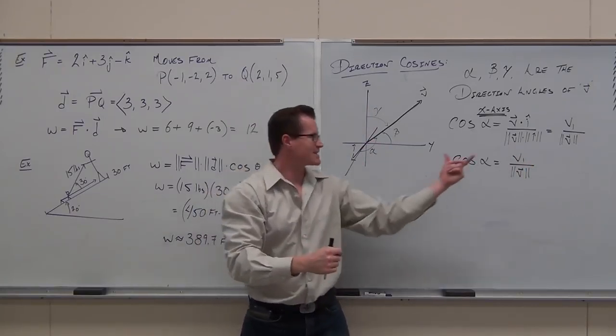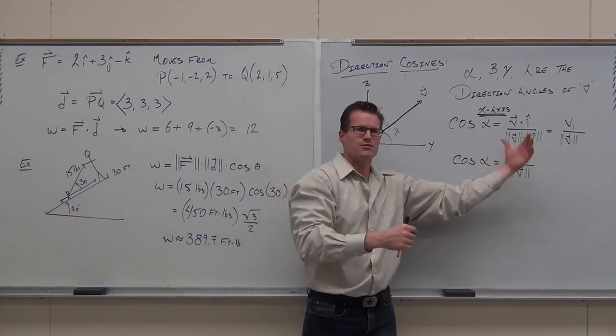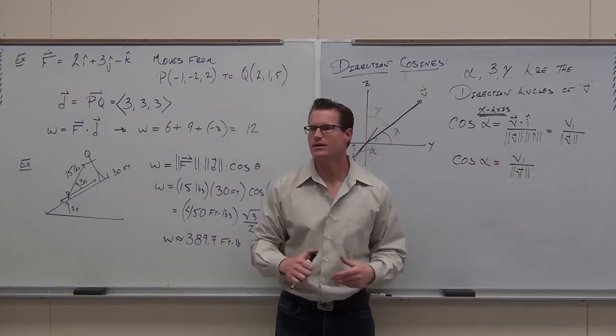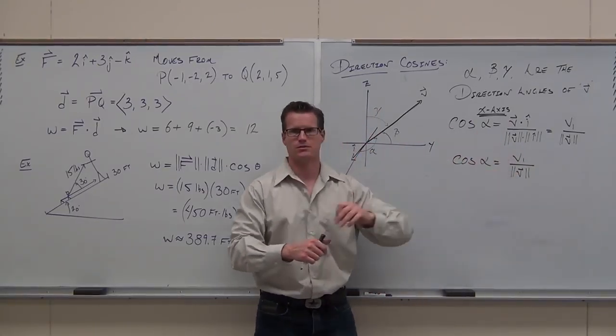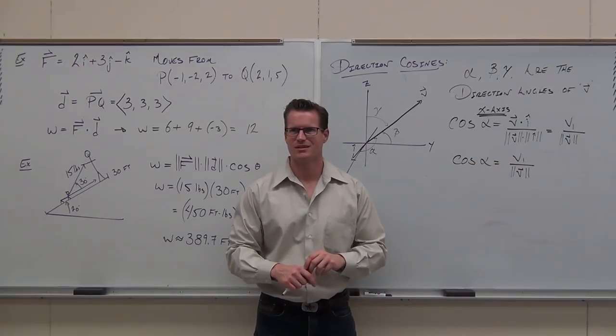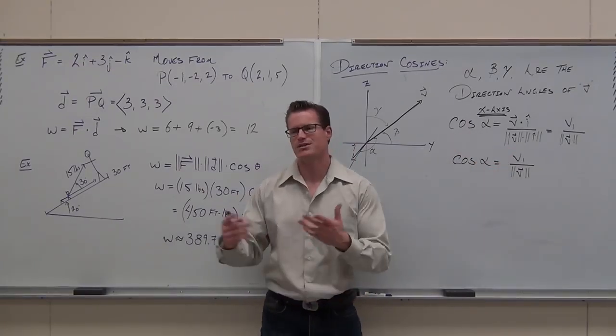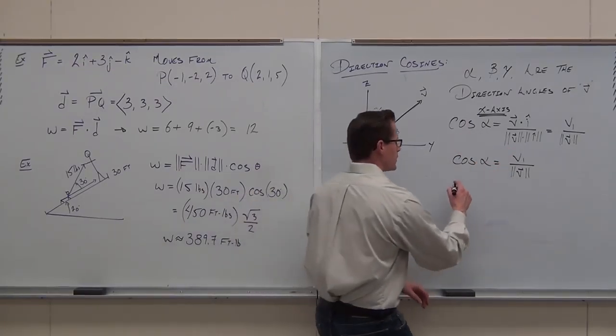You guys see it? That's the x component of the vector divided by the magnitude, that's literally what a right triangle does. This is adjacent over hypotenuse. Done. Do you guys see it? A lot of proof for it, but it's just adjacent. And so what that means for us,